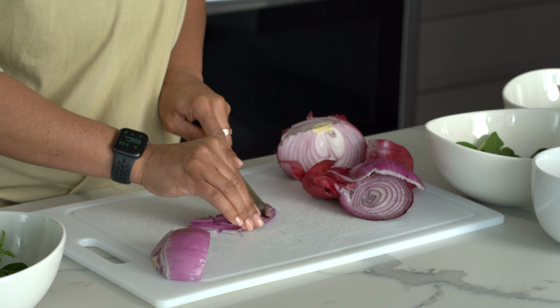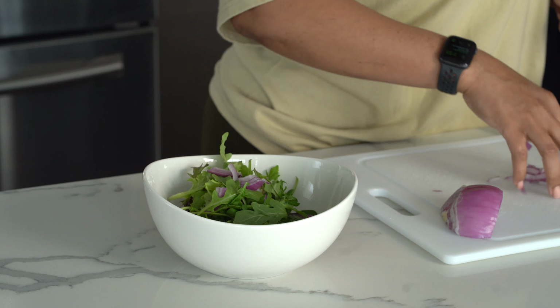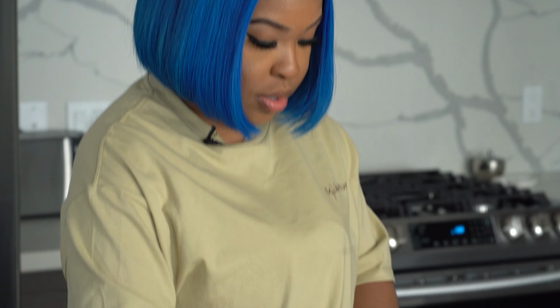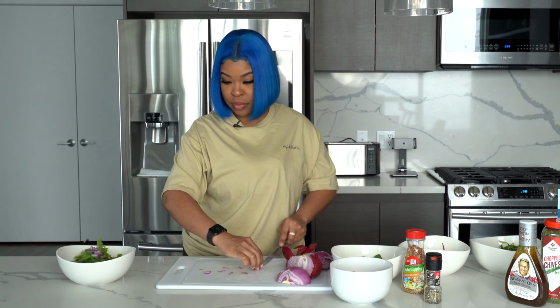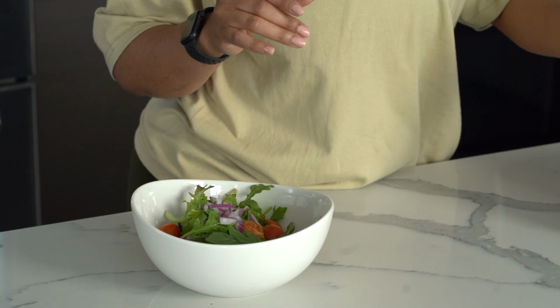eyes. I don't use a whole lot, just a little bit. My eyes. Let's chop up these cherry tomatoes. If you guys see me crying, it's because of the onion. Super simple and easy. Sometimes if I'm feeling like extra, I'll cut this little part out, but it doesn't hurt anyone. So I am done with my cherry tomatoes and I'm just gonna put some toppings on just to spice